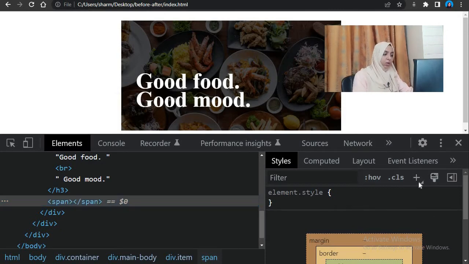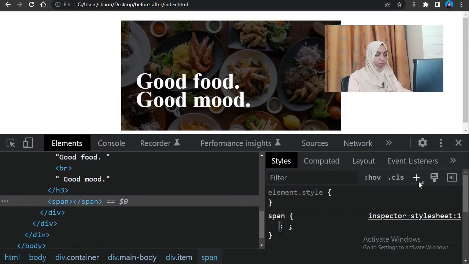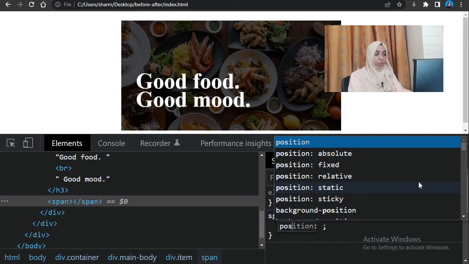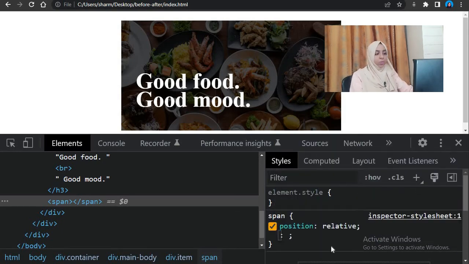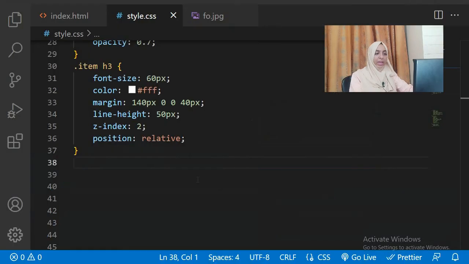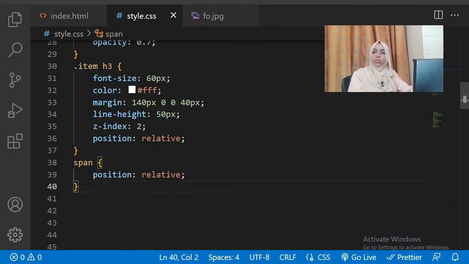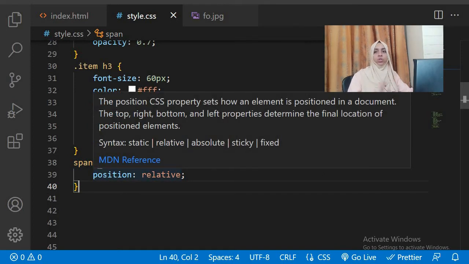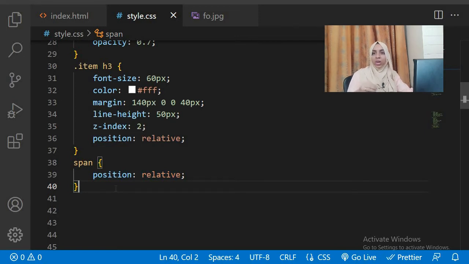Okay, so hopefully you guys are trying before watching the video. So you give the span a position of relative. As always, any element that you're giving before and after, you give it a position of relative, because on the before and after you call the position of absolute, and you want that element to move with respect to your main element. The pseudo elements should move with respect to the main element on which you're calling it, right? So make sure you give it a position of relative so the pseudo elements won't move here and there on your page. They will be properly aligned with respect to your main element.